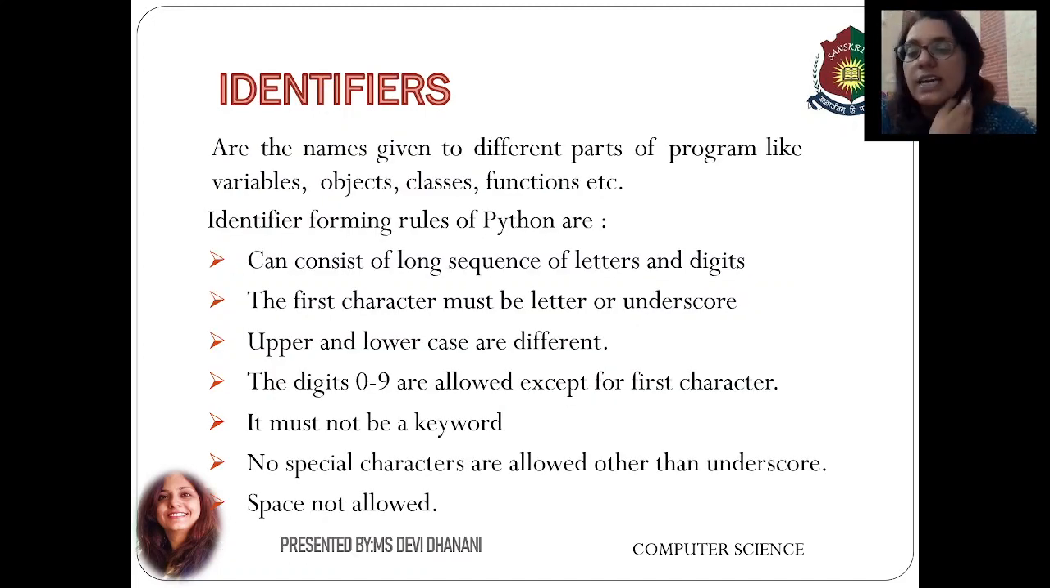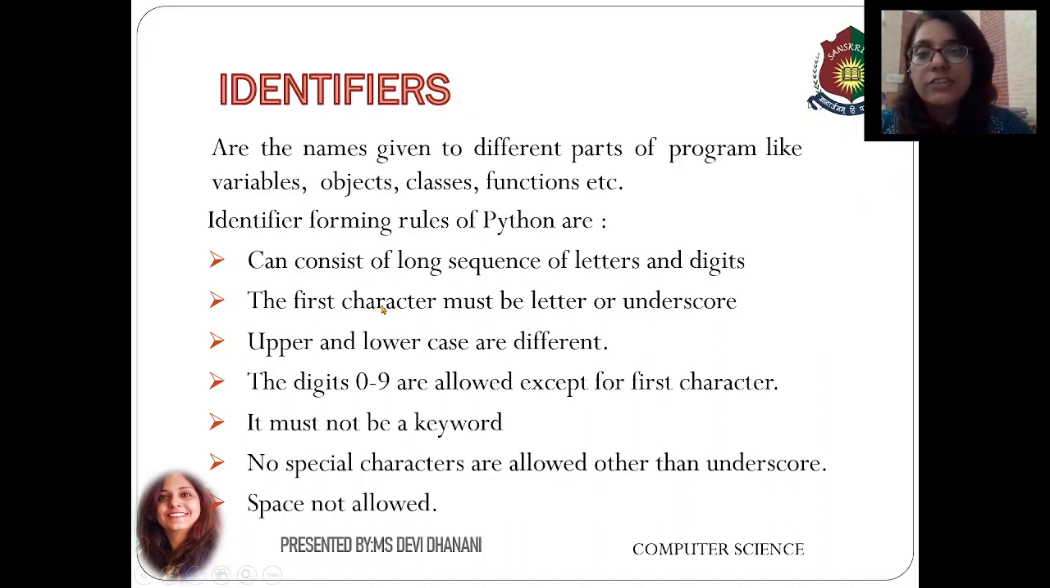Next, we will understand what is meant by identifiers. Now, identifiers, we will be using variables in a program. We will be using objects, classes, and functions. So, to name these variables, we will require identifiers. So, when we start using these identifiers, we will have to follow certain rules, and those rules can be